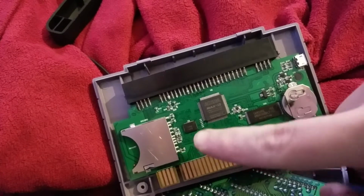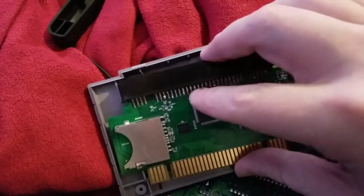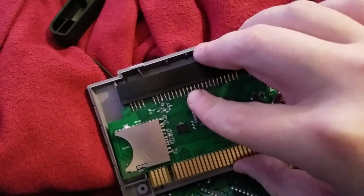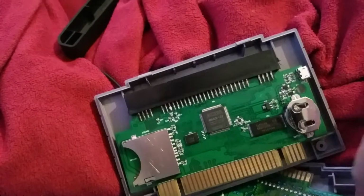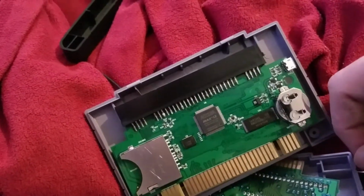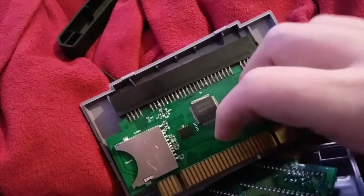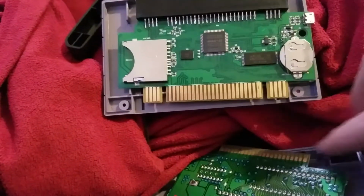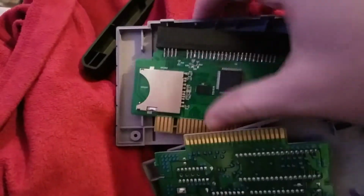And to get to the SD card, I could cut a slot. It depends on how it fits. I might cut a slot. I'm not really worried about it. If I do cut a slot, then I can actually put the screws back in and put it back together. I might do that. I haven't decided. But if I don't feel like cutting a slot, I mean, like I said, I could just hold it together, like,